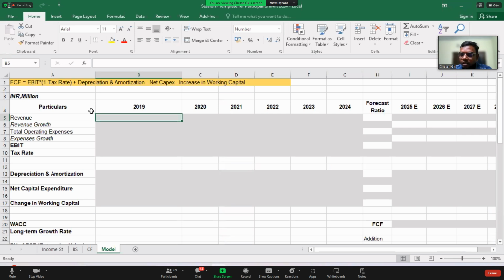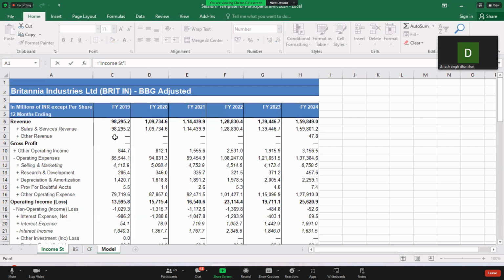So you have to just do the way I'm doing it. It is more of a physical exercise, for your hands, and at the same time you should understand what I am doing in the background as well. Equal to, tell me where the revenues are. Revenues are in the income statement. I go exactly there and pick up where the revenues are, D7.